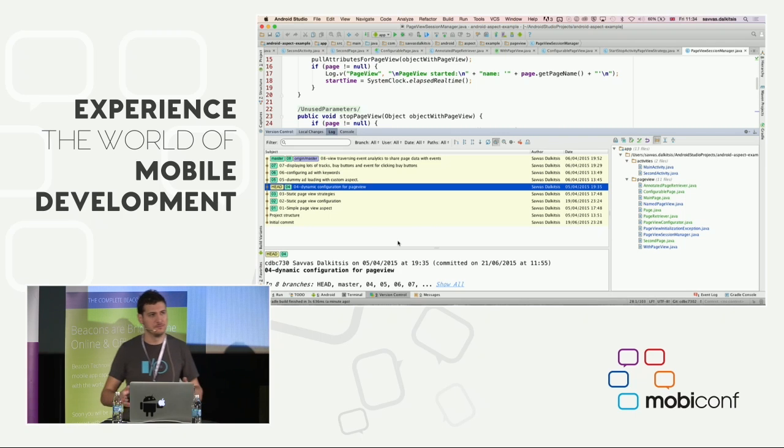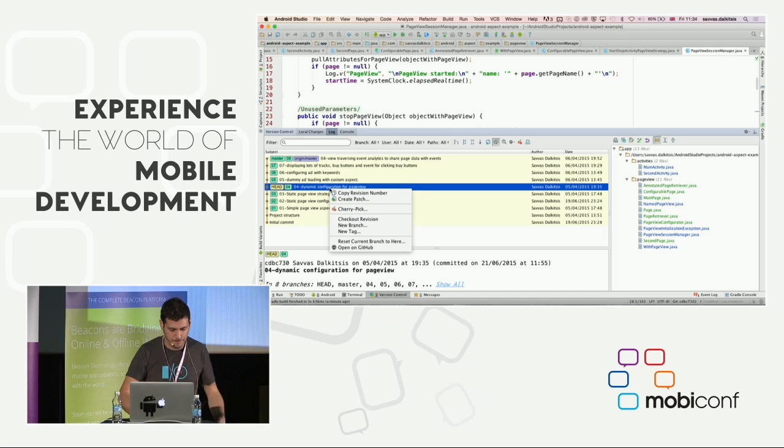Going into ads. Ads are surprisingly similar to page views when you think about them in that sort of manner, as a cross-cutting concern that needs to be applied in some callbacks in your activity. There needs to be some setup, some static configuration, some dynamic configuration. I'll show all these things in a bit. This, from now on, is very similar to what I've shown you so far, but I will go through it just to demonstrate how you can reuse this for other things.